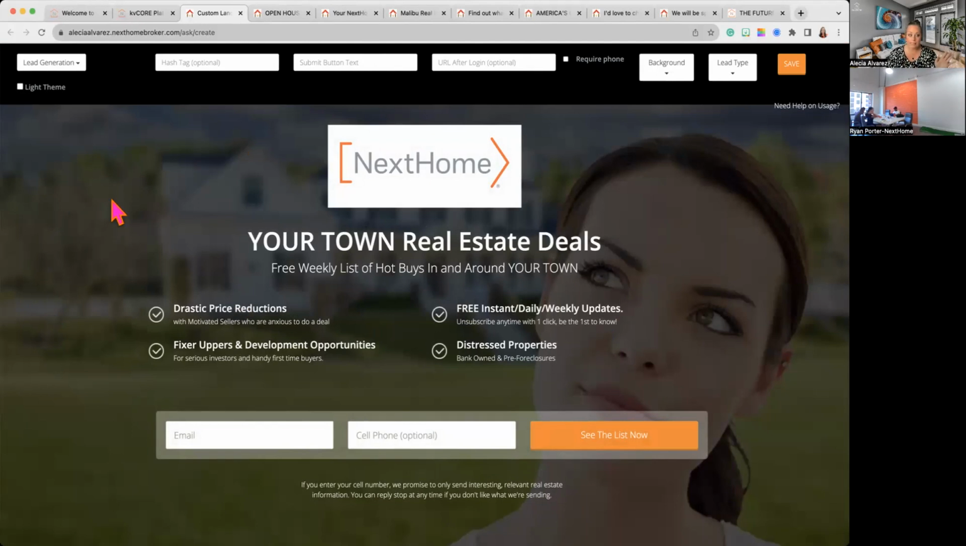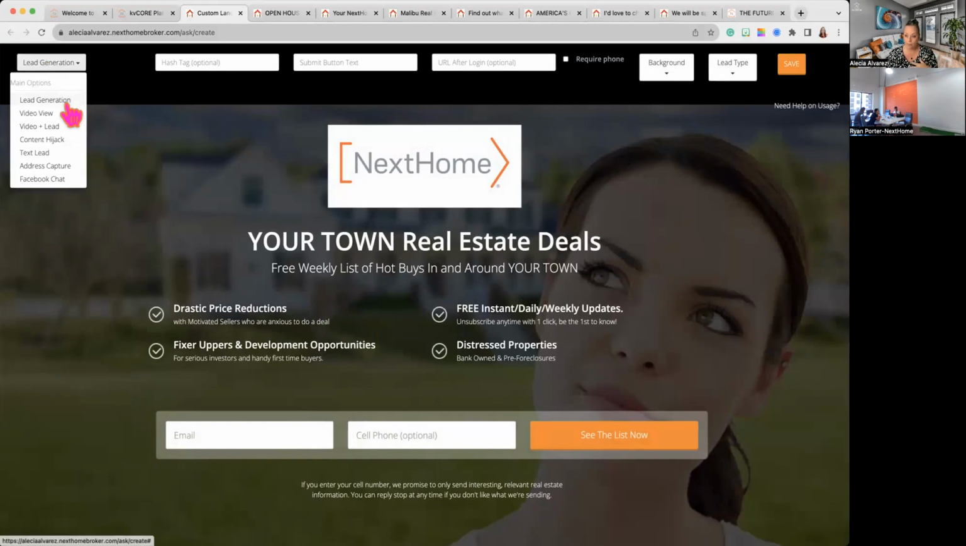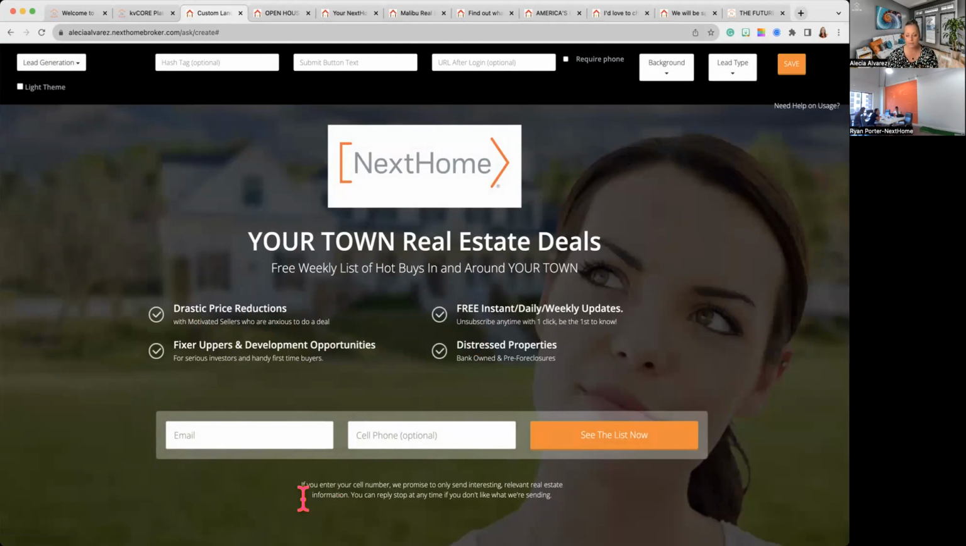First thing you're going to notice in the upper left-hand corner is you have the different types of landing pages to choose from. I showed you samples of pretty much every single one. I think the only one I didn't show you an example of is content hijack, but I'll review that with you really quickly. So we have lead gen. So you have all of this information that you can customize here. Again, entice them to want to give their information. What are you going to give them of value that they're going to want to